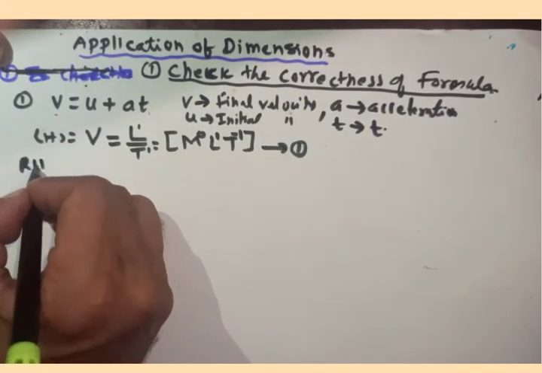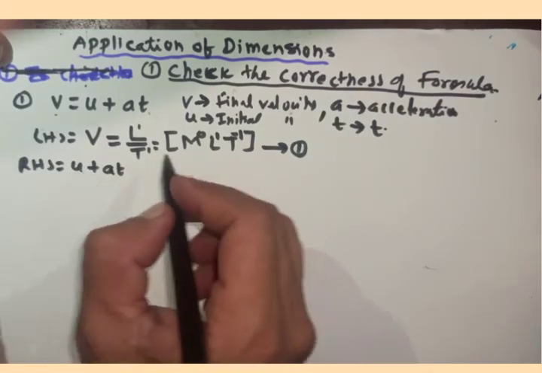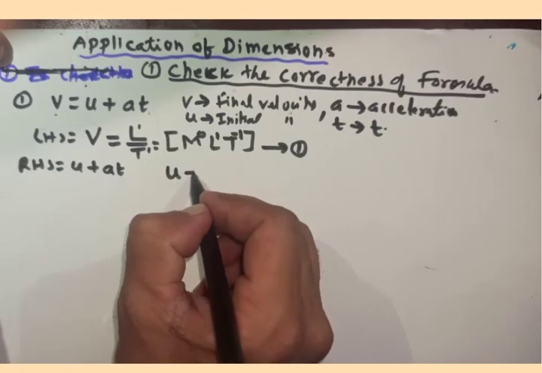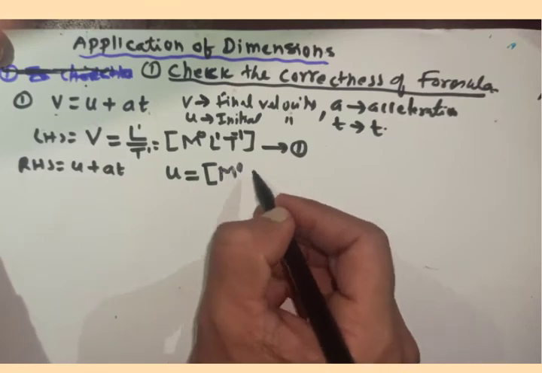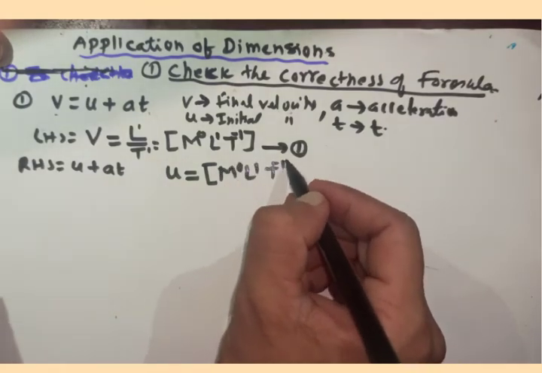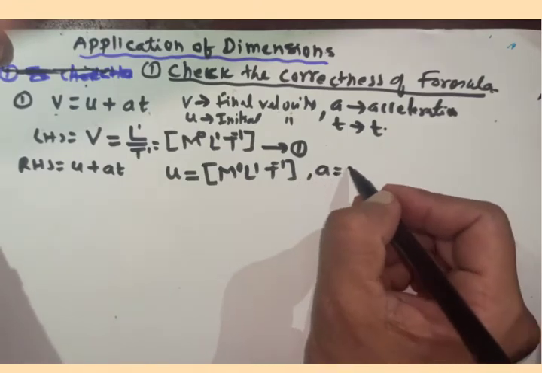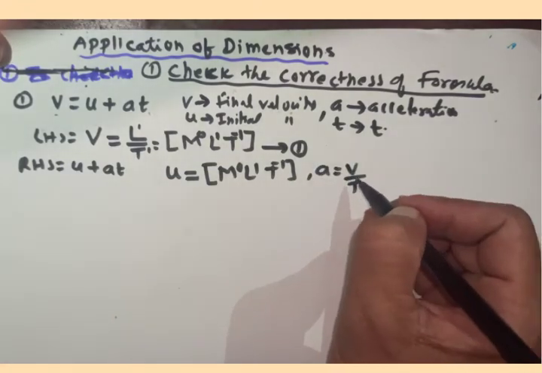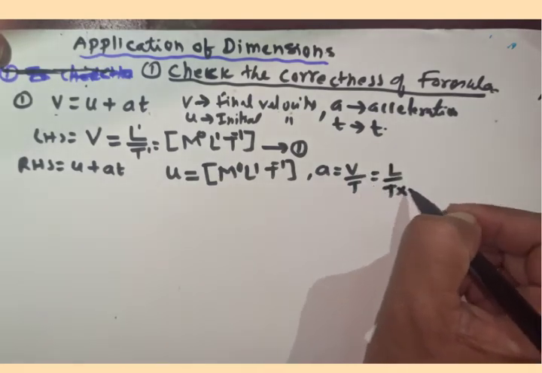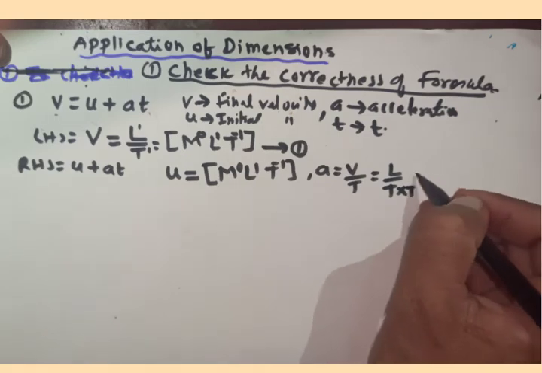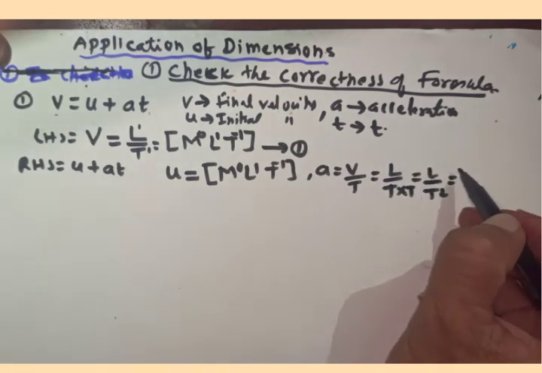If you see the right hand side, you have two parts, that is u plus at. Now u is also a velocity, so its dimension will be the same as velocity, so we can write M0 L1 T raised to minus 1. What about acceleration? You know that acceleration we define as change in velocity upon time, and velocity is written as displacement upon time. Just now you have done this, L by T, and already there is one T here, so we write T, so you get L by T square,